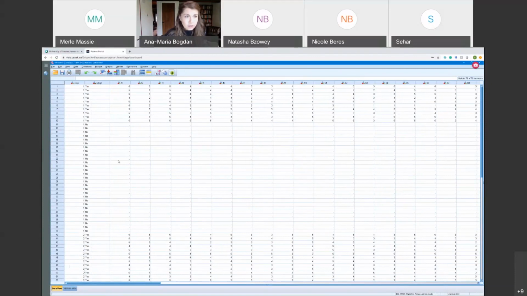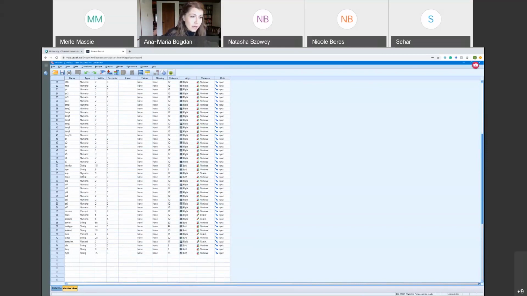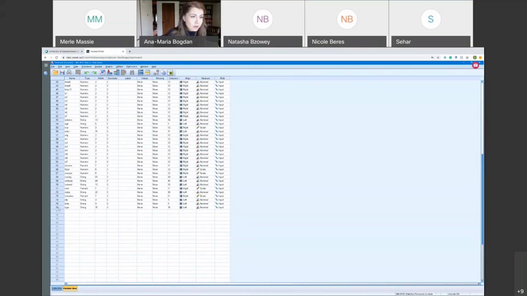So now I have this new data set that I've just introduced, and you can see I have a lot of missing data in here. The missing data appears like this. I just have these empty, actually dotted cells, and I can flip between data view and variable view, and in variable view I can see all of my variables at once. You can see I have 76 variables